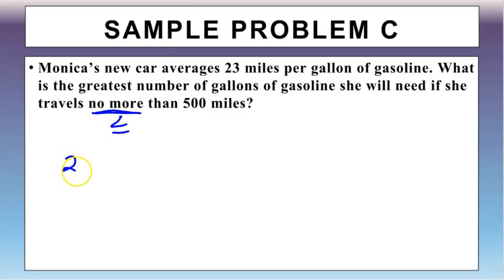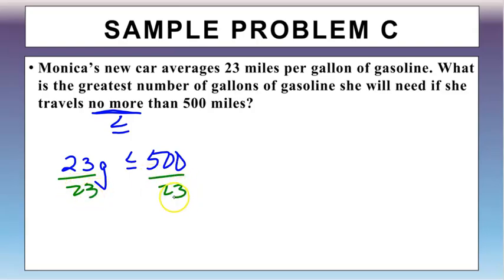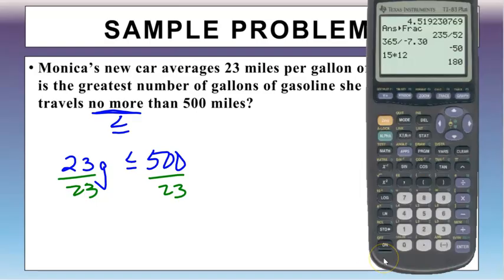So 23 miles per gallon. We don't know how many gallons, so I'm going to put 23G. No more than, so less than or equal to 500 miles. So that's our inequality. Now to get G by itself, I'm just going to divide by 23 on both sides. And we're going to use our calculator here. So we have 500 divided by 23, and that gives us